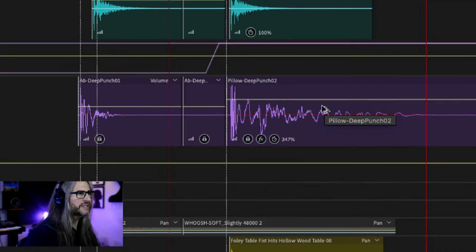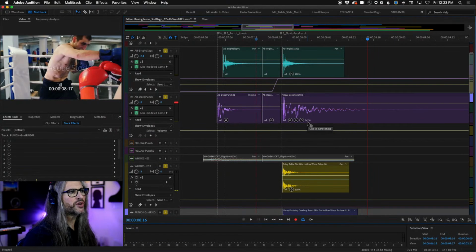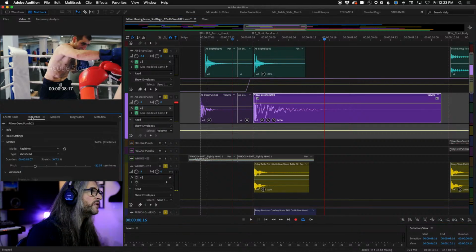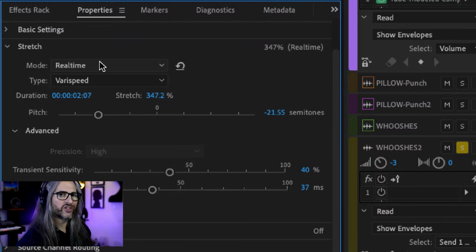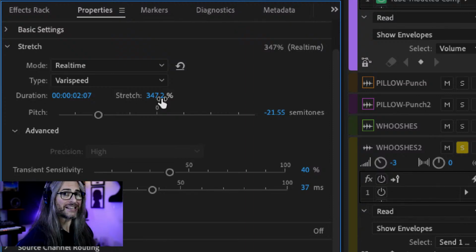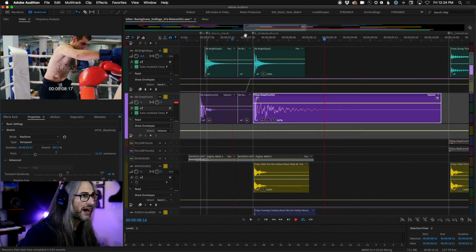Okay, but this particular one, you can see here, we've increased its duration by 347%. That's going to slow it. Well, it depends on the method that we choose. If we go into our properties here in Audition, under stretch, we have a whole series of options for how we want to stretch, elongate, or adjust pitch and time of a sound clip. In this case, I chose vary speed, which is going to vary the speed, meaning that if we make it faster, so like 50%, the pitch will go up. If we stretch it and elongate it, the pitch is going to go down, right,